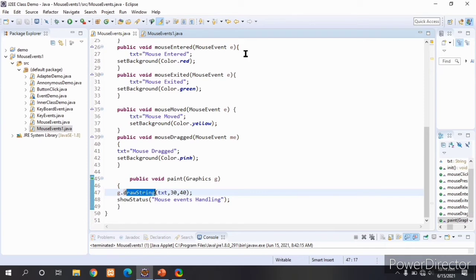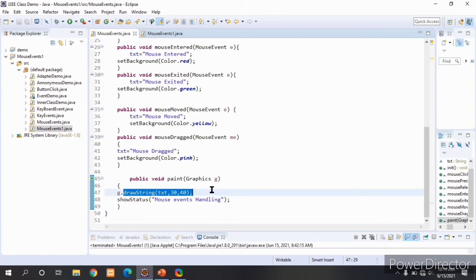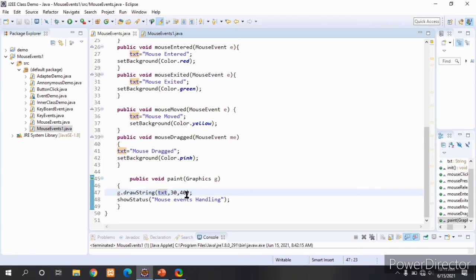By using this method, whatever messages we want to print on the applet's window, we can print. Using this Graphics object we are displaying text in the applet window. Here I am passing the text mouse dragged. It will be displayed at the x coordinate and y coordinate we specified here: x is 30 and y is 40. At that position this text will be displayed.